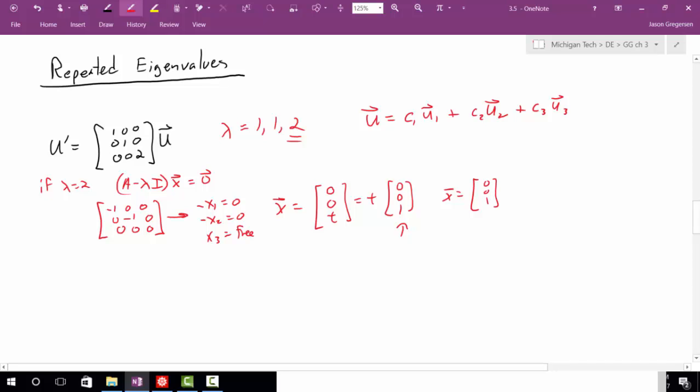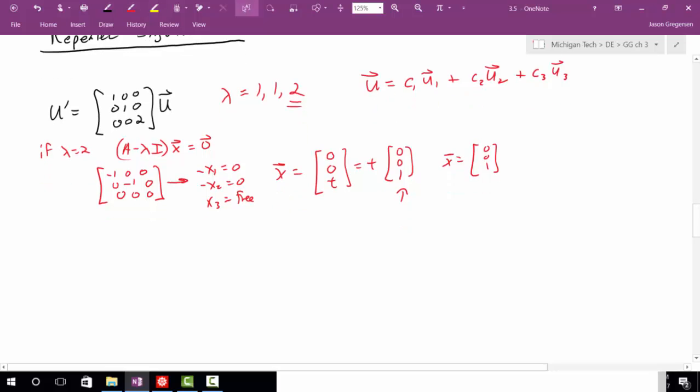And if you wrote 0, 0, 1 seventh, that would also be correct, but that would be annoying, so don't do that. But any multiple of this eigenvector should also be an eigenvector. All right, to the next one. If lambda equals 1,